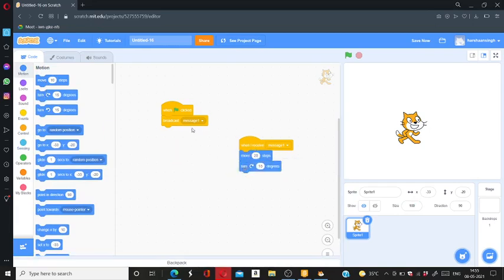So now what will happen when we click the start button, the green flag? It will broadcast this message and this message will work if I put a when I receive this message. So let me show you.